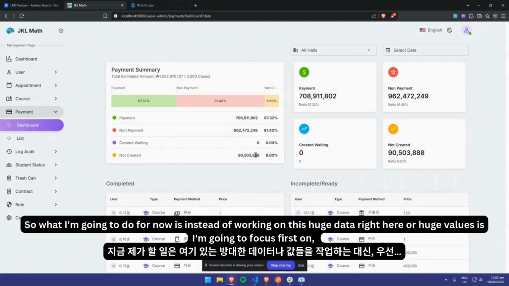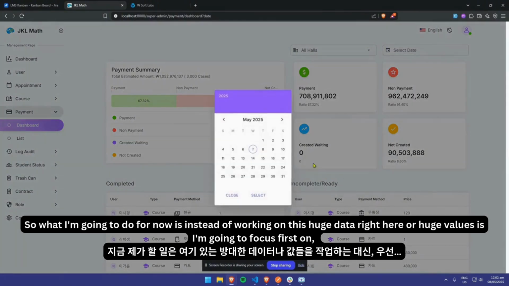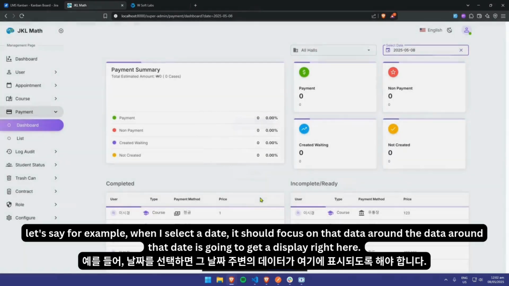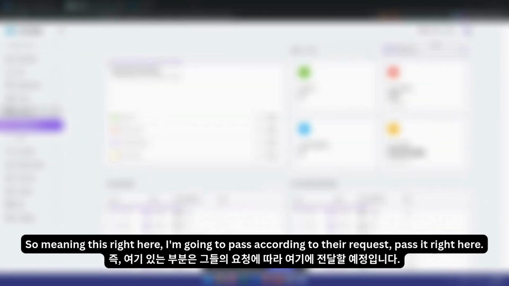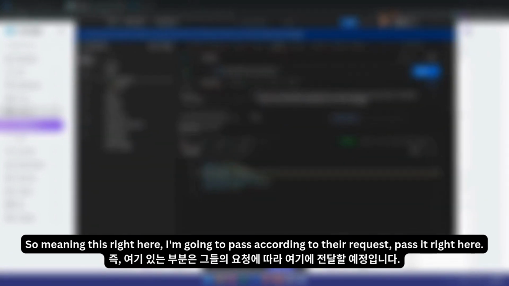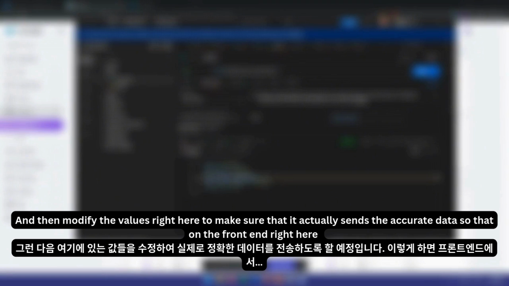Instead of working on these huge values, I'm going to focus first on, for example, when I select a date, the data around that date is going to get displayed right here. So I'm going to pass it according to the request, and then modify the values to make sure that it actually sends accurate data.